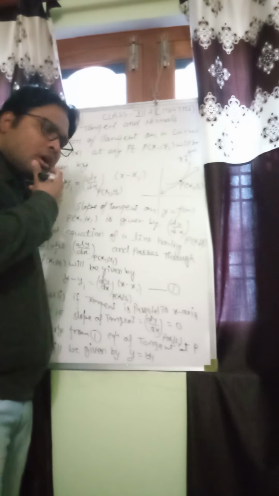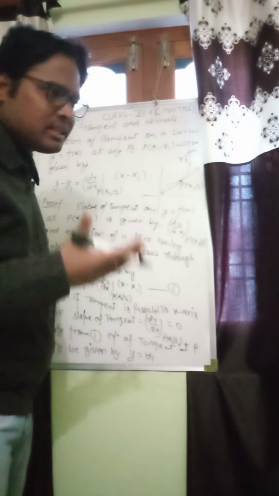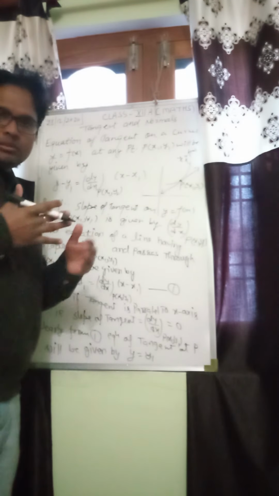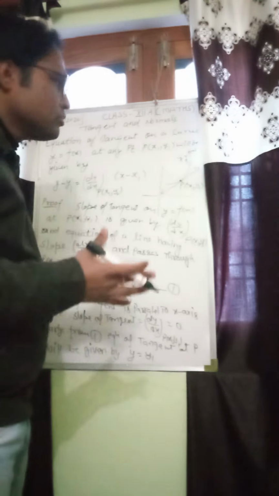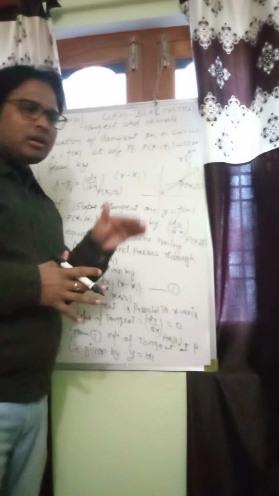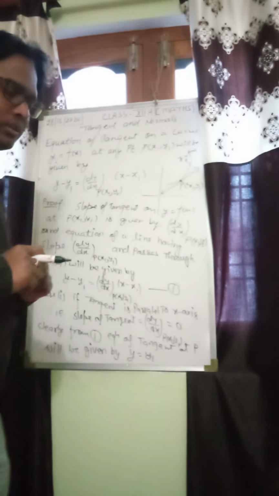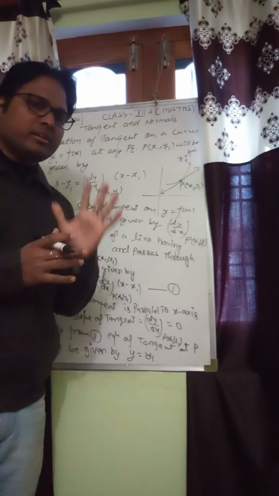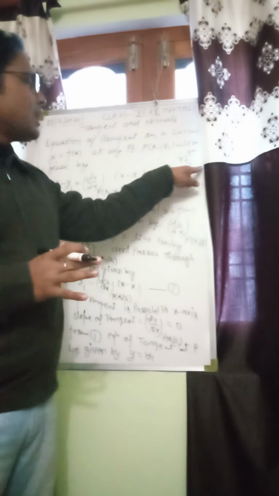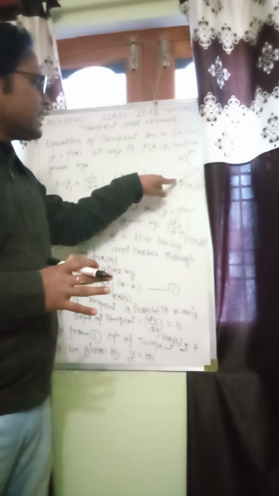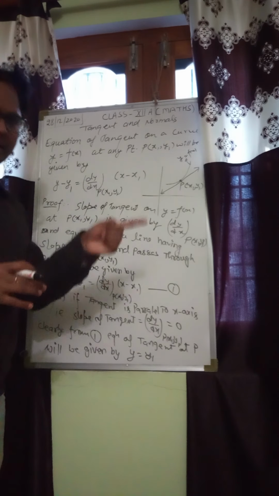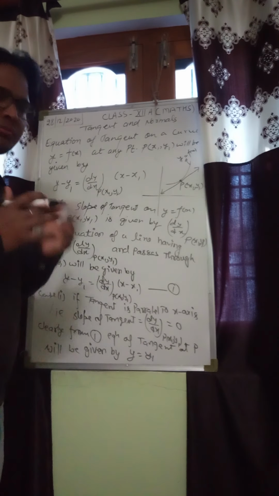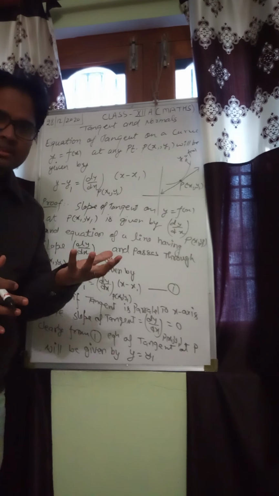So I know you know better about what is the tangent line, but you don't know about normal. So I will explain these two one by one. As you know, what is the tangent line on a curve at a given point? That is a straight line which touches that curve exactly at that point only. You can see this is a line which touches this curve exactly at point P(x1, y1). So that is the tangent line and we want to find out its equation.